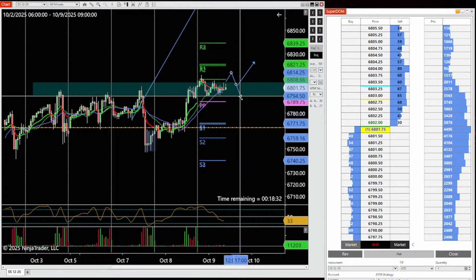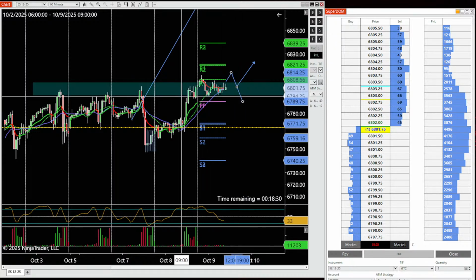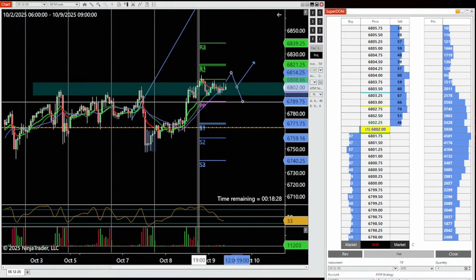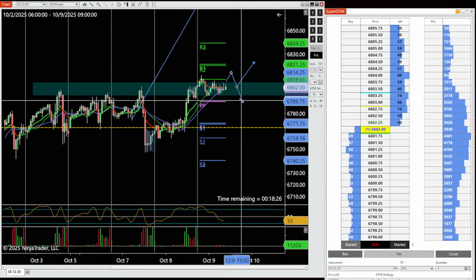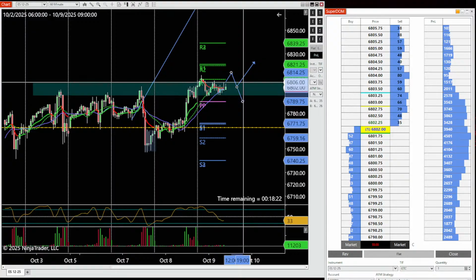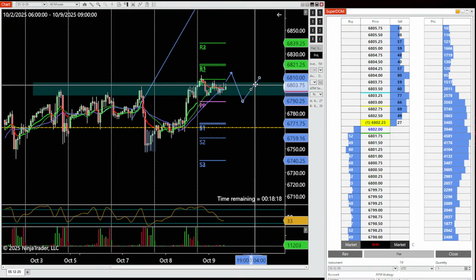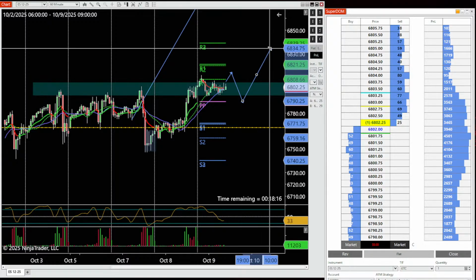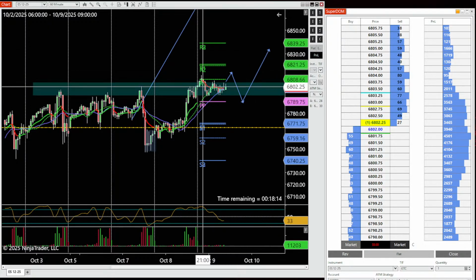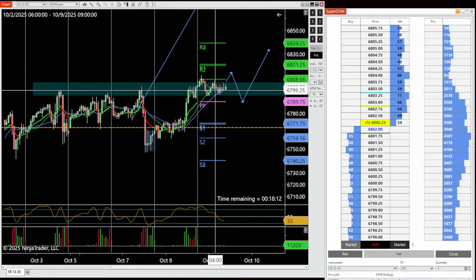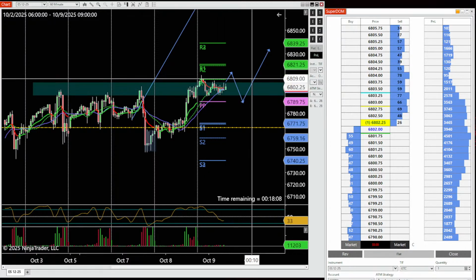It could come back in, even come back down under here, maybe take out some of these stops and orders if they need a squeeze to go higher. If they don't want to break out of this consolidated area, they may come down